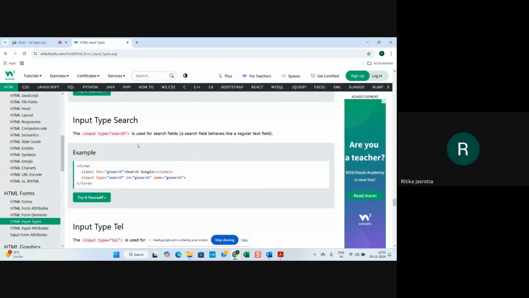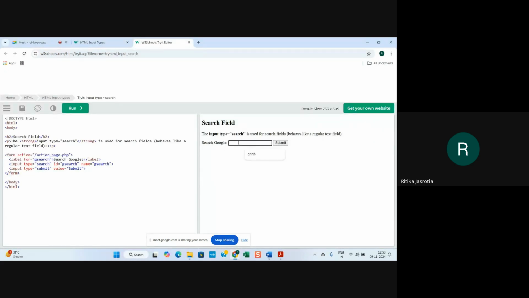Input type search is also there, right? It is used for search fields. A search field behaves like a regular text field. So input type is equal to search, ID, G search, name. So here is the search field, whatever you want to search. So this is a search field,